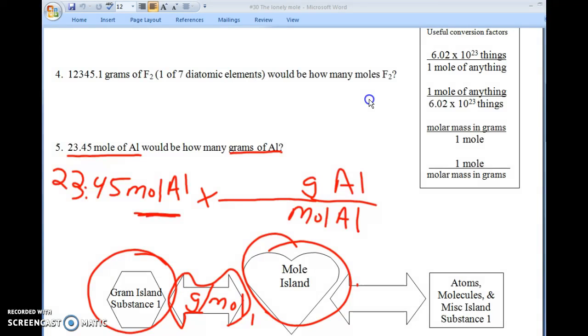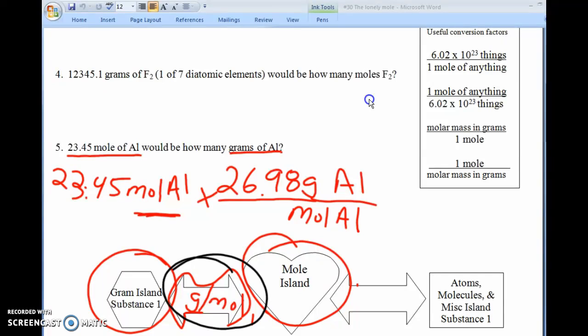We have to go across this bridge called grams per mole. So we look on the periodic table, we find the element aluminum, and we find out that in the box for aluminum, the mass is 26.98 grams of aluminum in 1 mole. Our label here cancels out with our label here. We're left with our answer in grams of aluminum. We crunch that number and we get 632.681